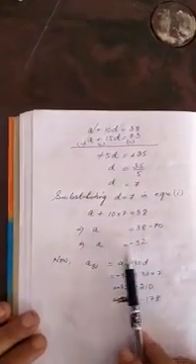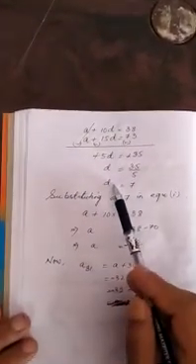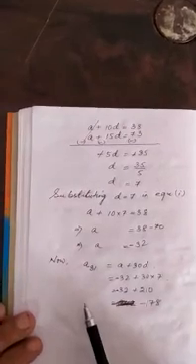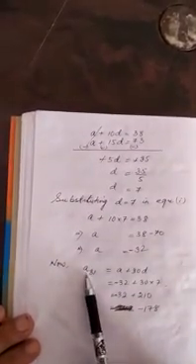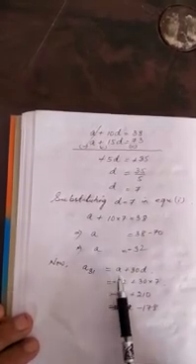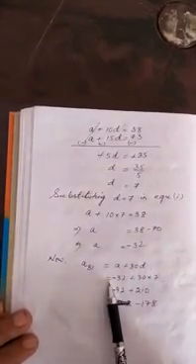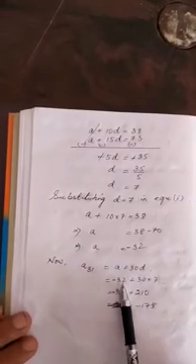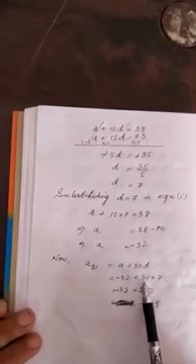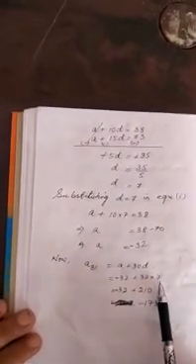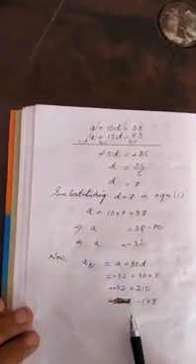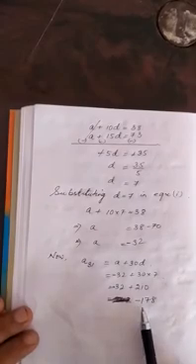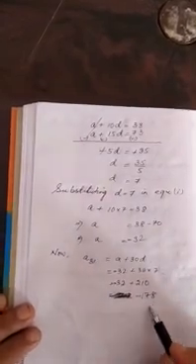After knowing the value of the first term and the common difference, we can find the value of any term. According to the question, we are asked to find the 31st term. So the 31st term is equal to a plus 30d. By replacing the values, a equal to minus 32 plus 30 times the common difference. Common difference is 7, which is equal to minus 32 plus 210. By solving this, we get minus 178.